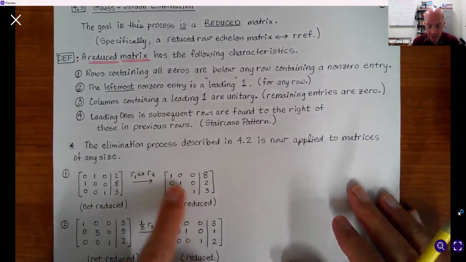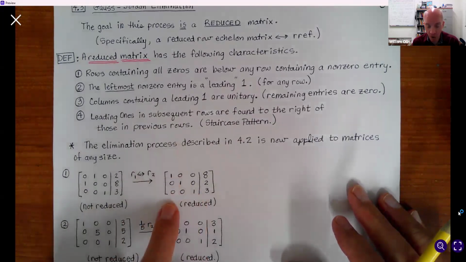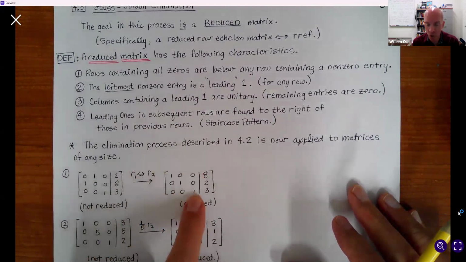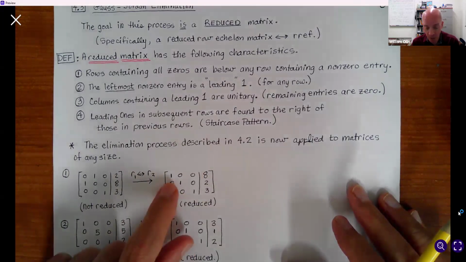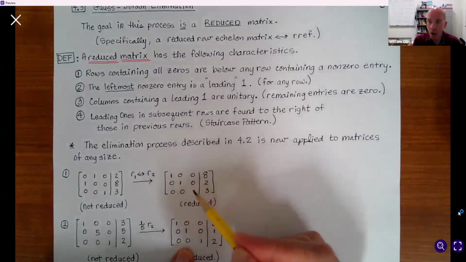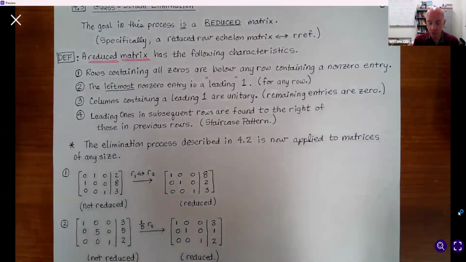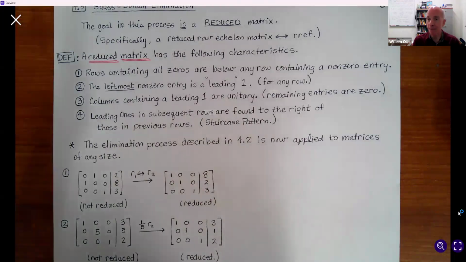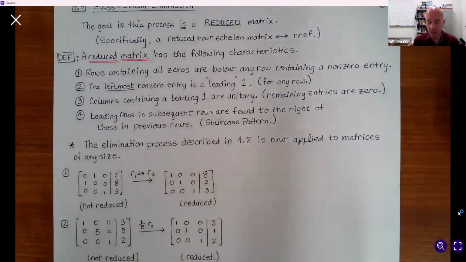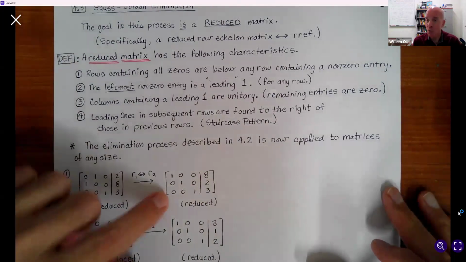And then we see now that we have the staircase pattern. That is, all of these ones are leading ones, and we notice that the other entries in the column containing the leading ones, as we see here, are zeros. We have the staircase pattern, we have the unitary columns, we have the leftmost entry in the non-zero rows being a 1. Now, of course, we don't have to use the first characteristic here because we don't have a row